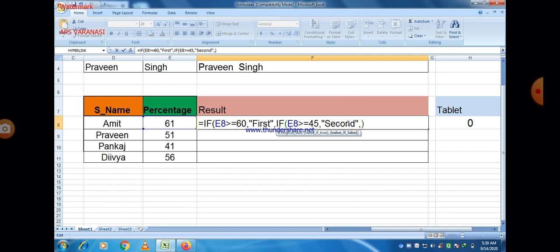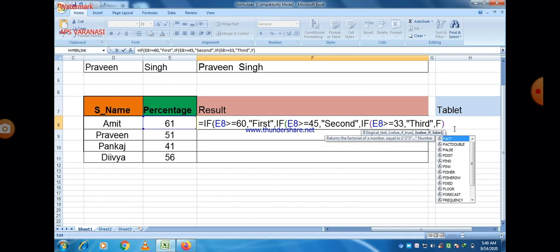So again perform the copy paste operation. Now just make the change in the condition. E8 must be greater than or equal to 33, and Third will be there. Now all the divisions, First, Second and Third, are there. If all these are found to be false, then there is a last statement, that is Fail should be printed. So we just write Fail.